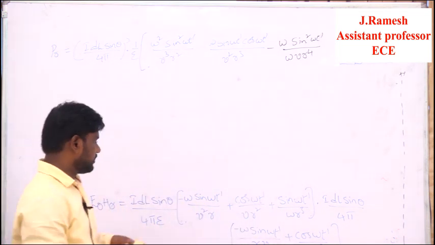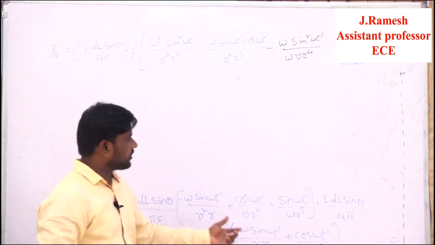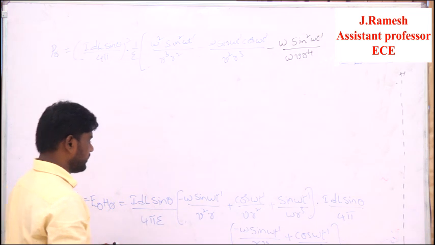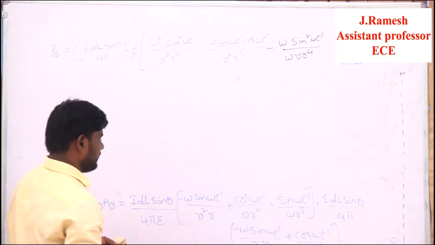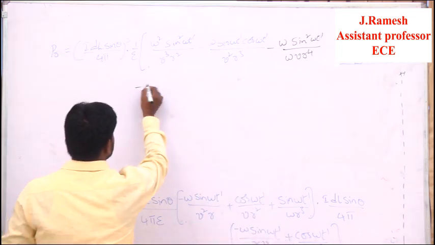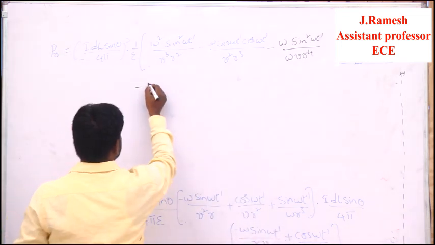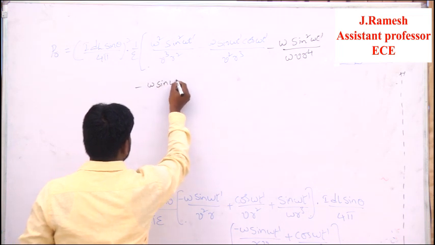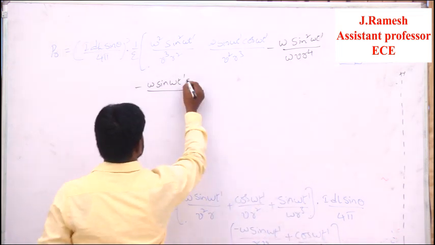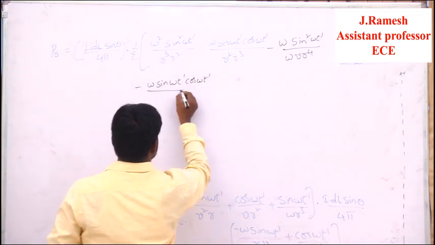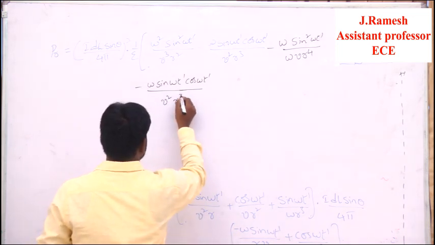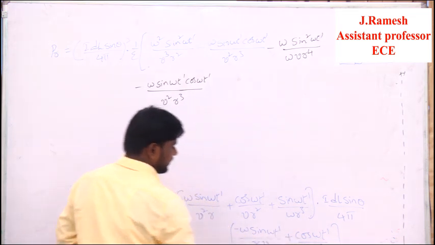So that means all terms are multiplied with the first term. Now I am going for all terms to be multiplied with the second term. So what is the second term? Cos omega t dash. Now the first term is multiplied with the second one. So what will happen? Minus omega into sine omega t dash by, so here cos omega t dash by v square into r cube. Why? Because here r is there, here r square is there.